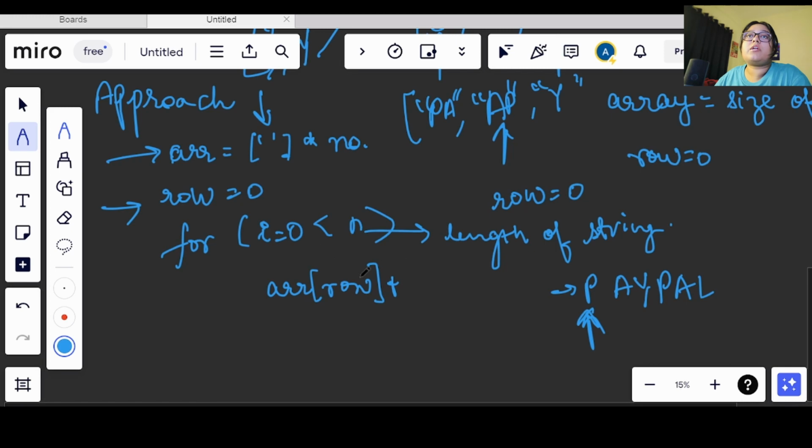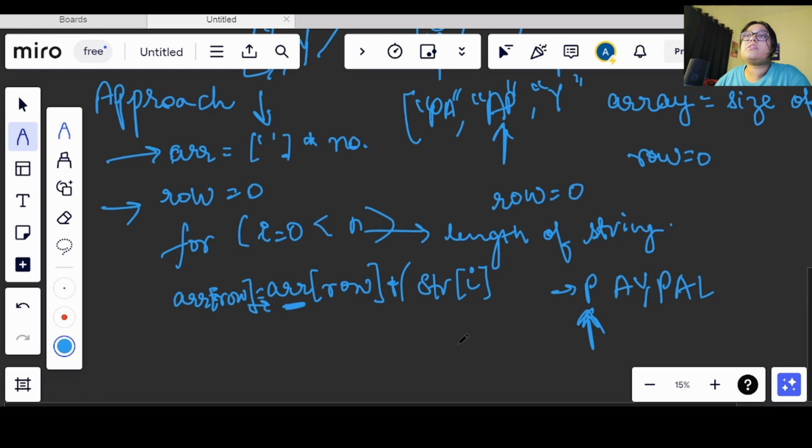Let's say the string is str, so str at i. Okay, so this is what we have to do here. At this row, we need to insert this value, and let's add it like this.